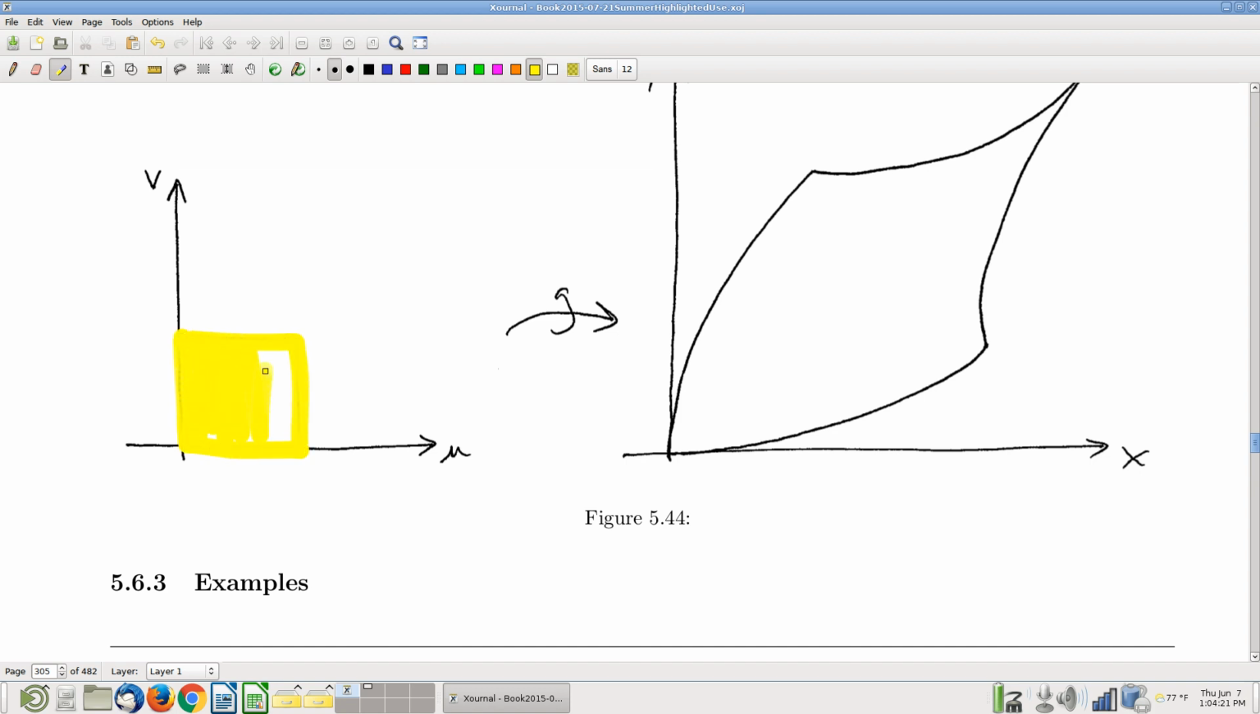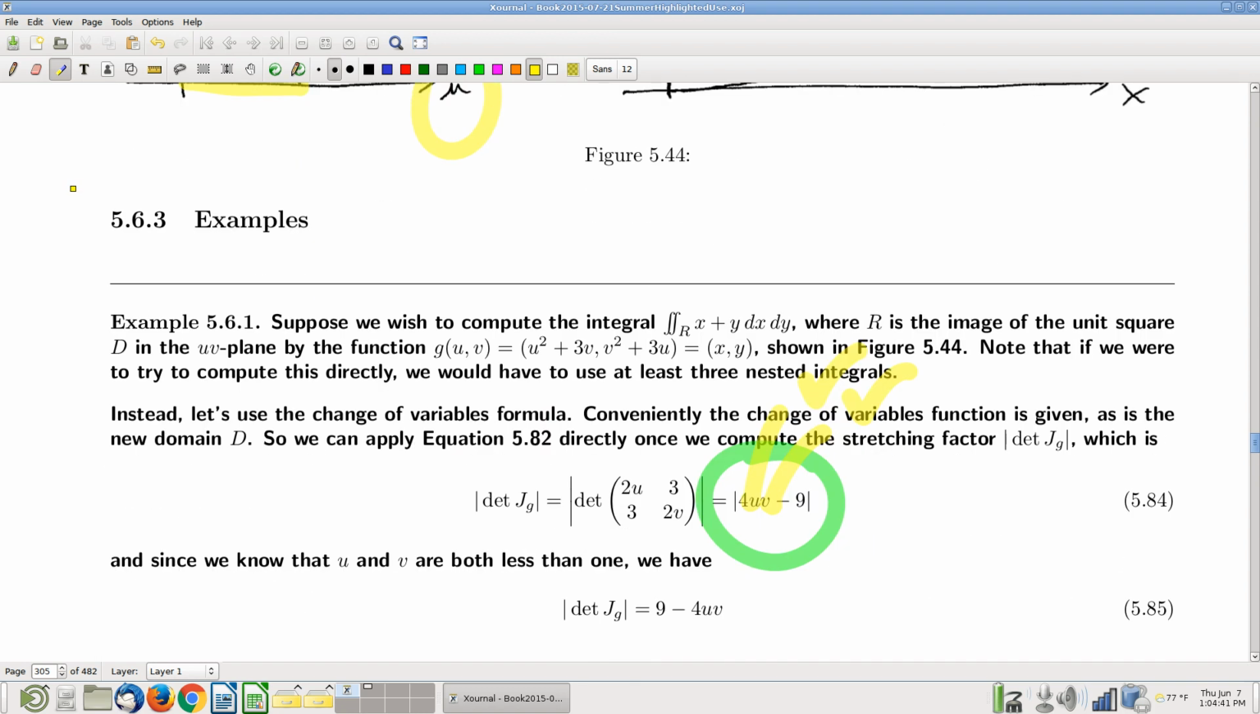That's telling me about u and v. This is my new domain over which I'm doing this new integral. This is telling me everything I need to know about u and v. And check it out. U is always between 0 and 1. V is always between 0 and 1. And with that in mind, u and v both being between 0 and 1,